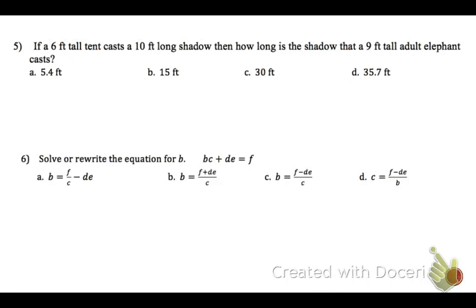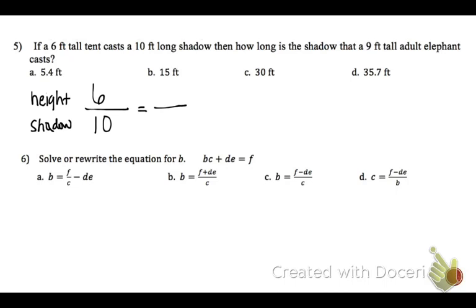Problem 5. If a 6-foot-tall tent casts a 10-foot-long shadow, then how long is the shadow that a 9-foot-tall elephant casts? So the way that we do this is we set up proportions. We're going to set up one proportion about the tent. So the tent is 6 feet tall, and this shadow is 10 feet long. So this is the tent's height, and this is the shadow. Equals,